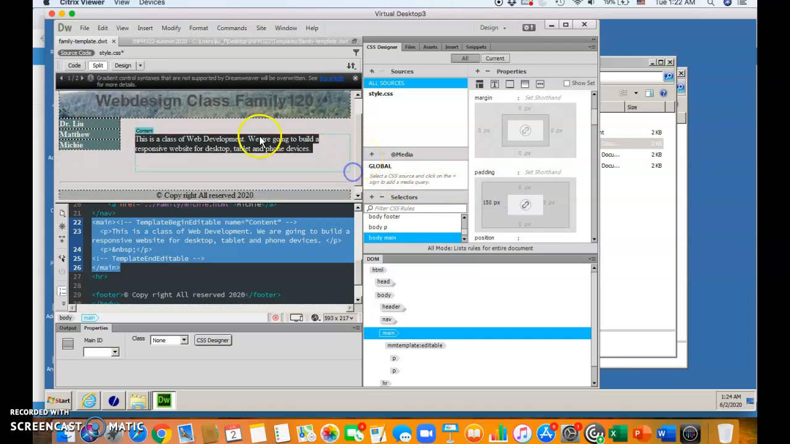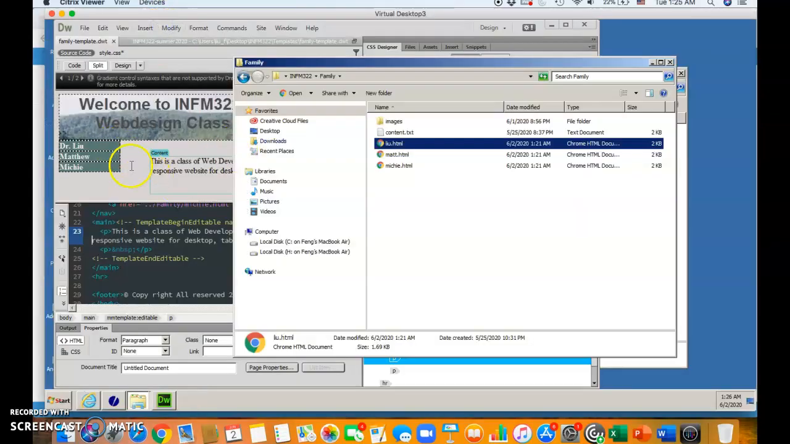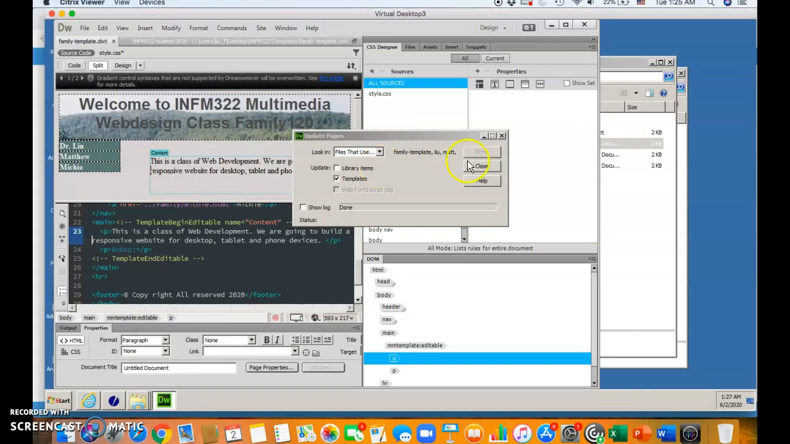So padding, basically you can treat each of these areas as a box wherever we highlight, and the box moves from the left corner, left edge, 150 pixels. So let's add